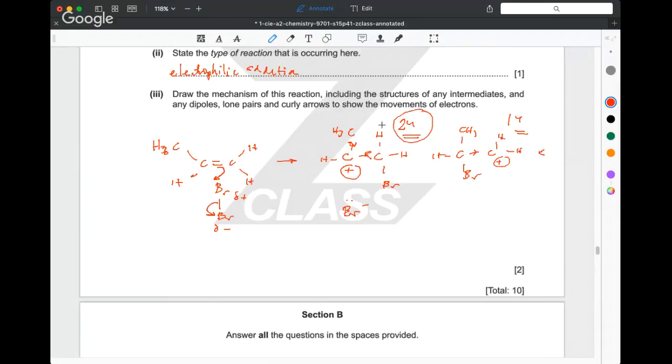You should be showing this as the correct intermediate. And once you've got that correct intermediate, the secondary carbocation, then the next stage of the reaction is that the lone pair of electrons on the bromide ion forms a bond pair with the carbocation here. And so you've got